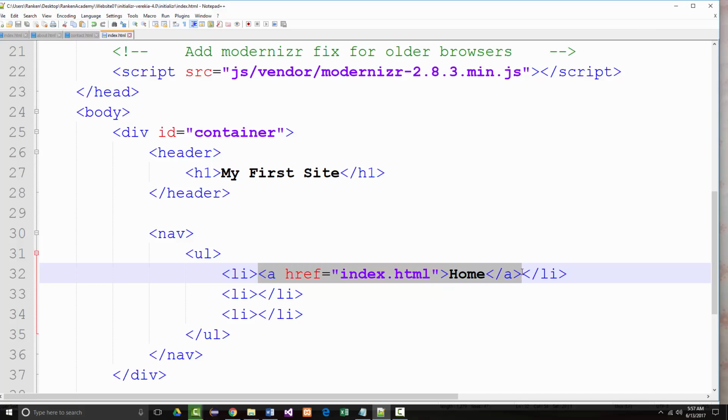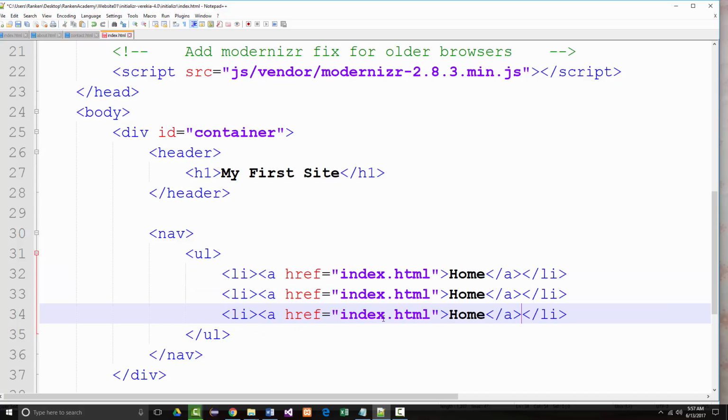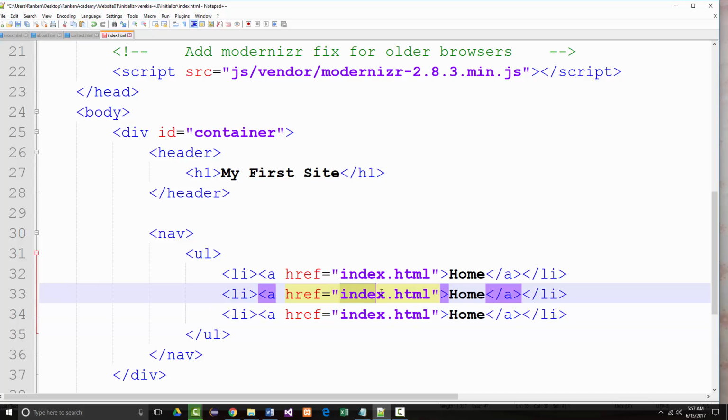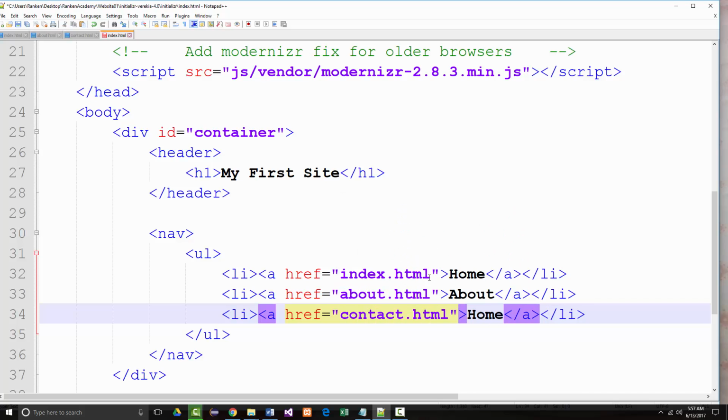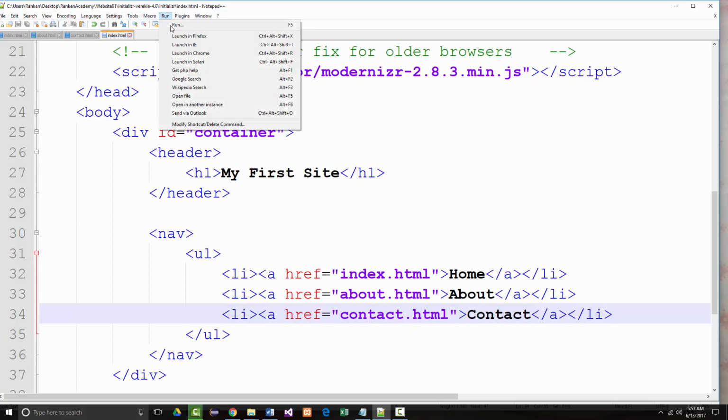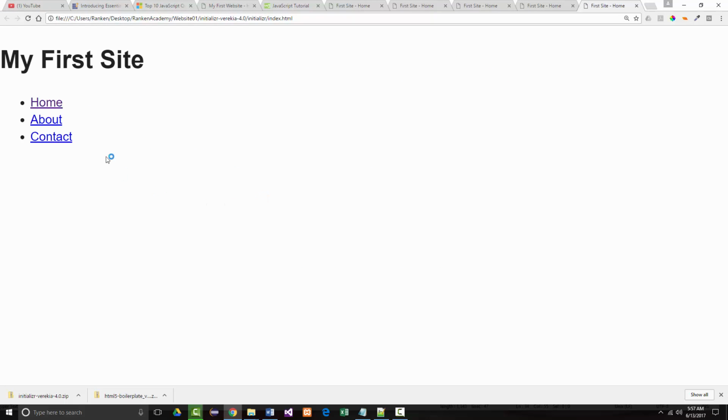All right, so let me copy this, and then we'll make some changes to it. So I'll copy it and copy it. The second page we're going to make is what's going to be called an about page. And the third page is going to be called a contact page. We're going to go over all those in just a few minutes. Now, I'm going to run this again, and if I click on the about link or on the contact link, I'm going to get errors with each one of them